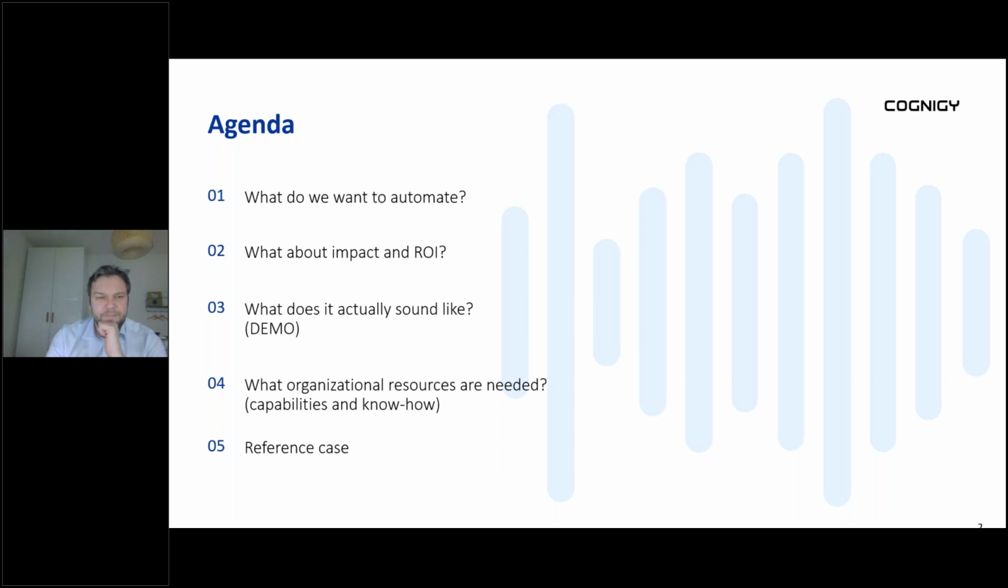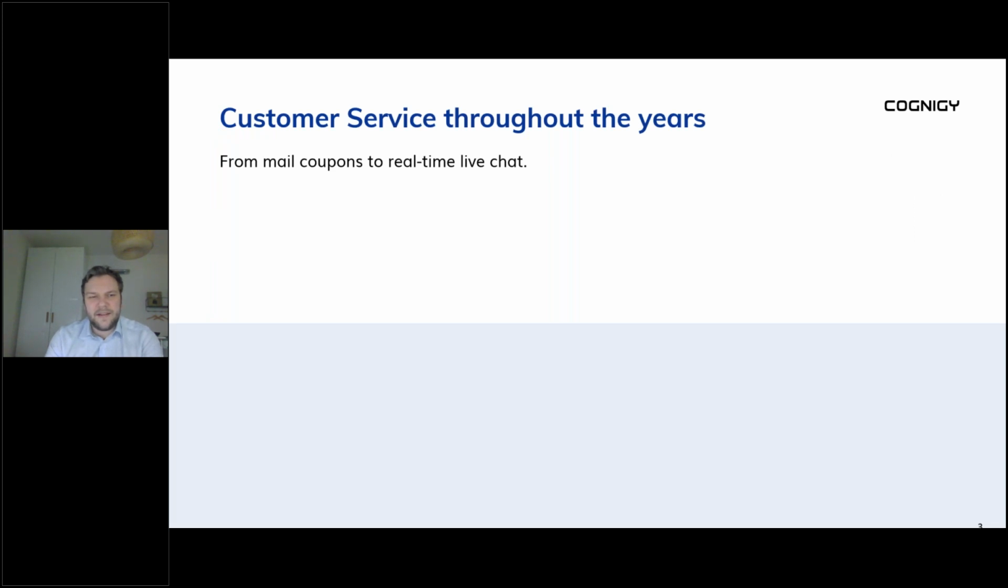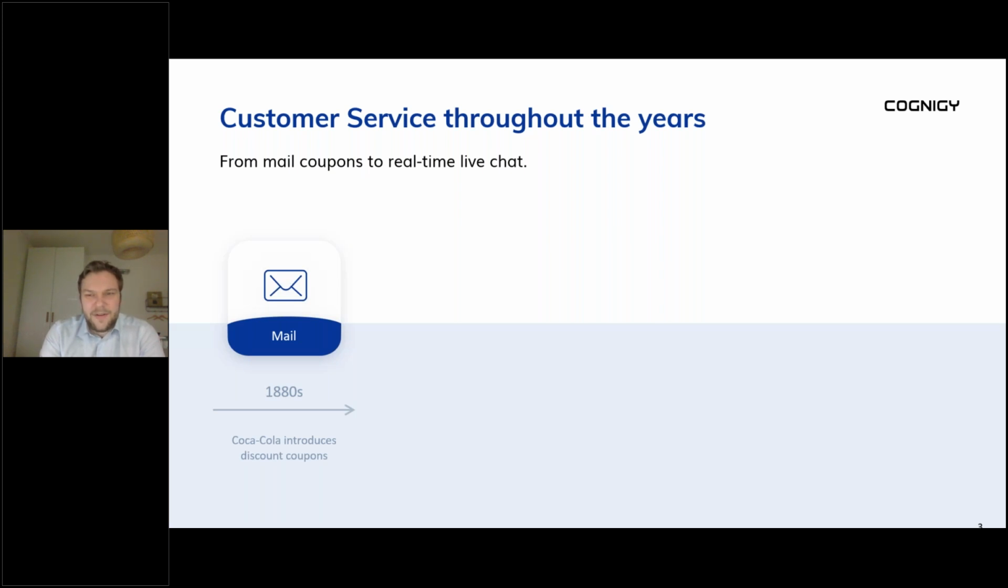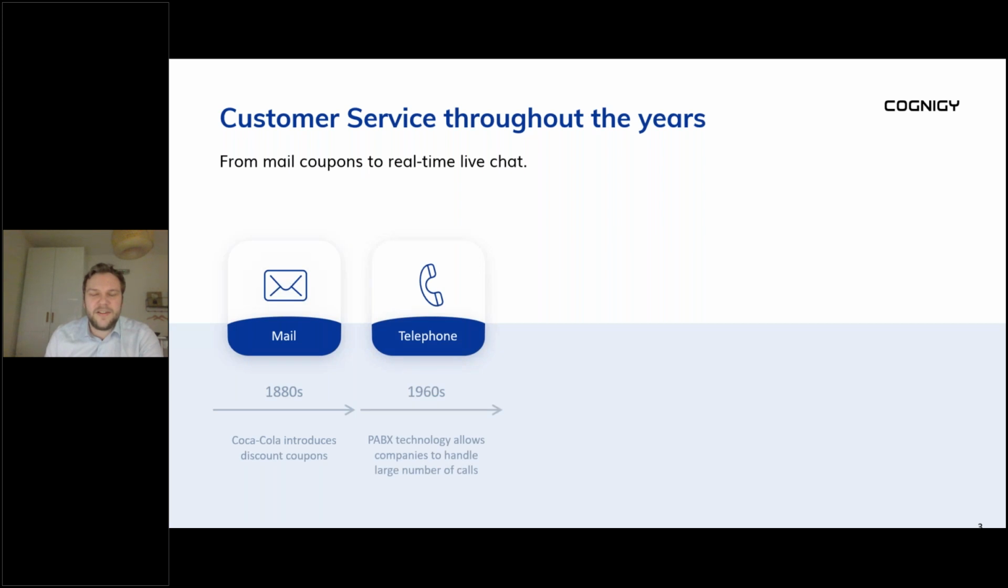Let's get started. If we look at customer service throughout the years, it's been a while, but a lot has changed, right? Back in the 1880s, Coca-Cola was the first company that started with discount coupons, right? Everything based on mail, post, took very, very long. Of course, after that, the telegraph became popular, but it wasn't until the 1960s that